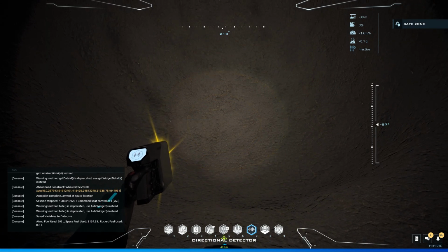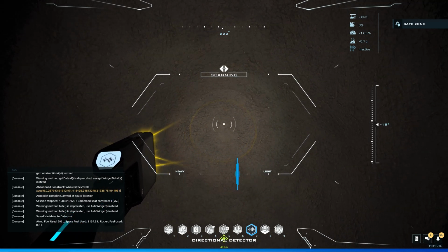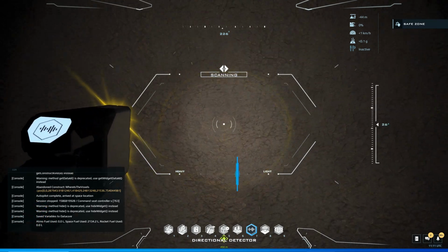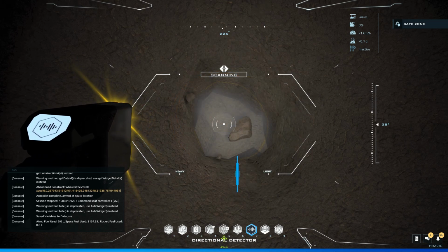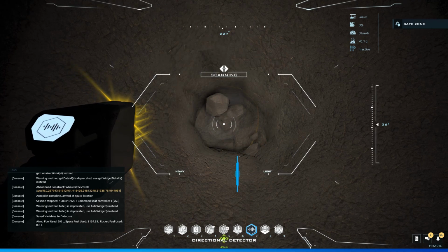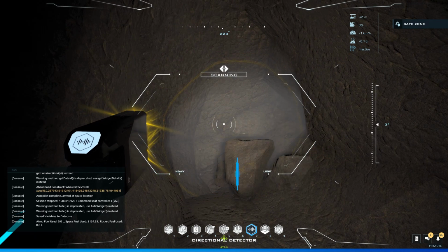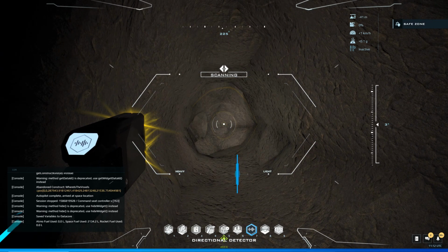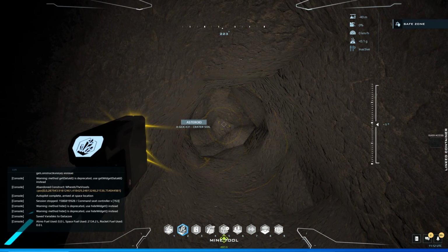scan, directional scan here. Alright, so it's up a little bit now. We've gone too far down. And we're getting closer and closer. What I like to do is I like to use the bigger